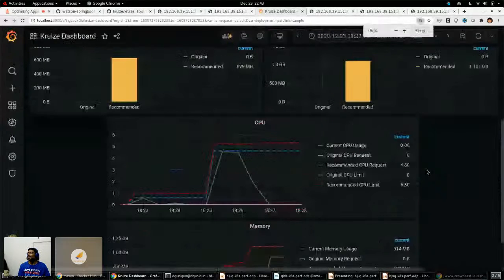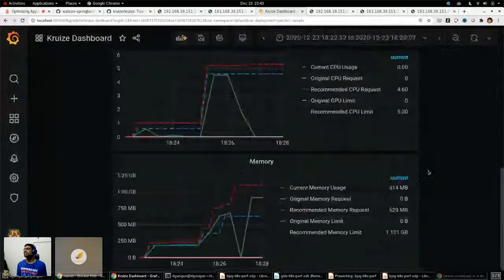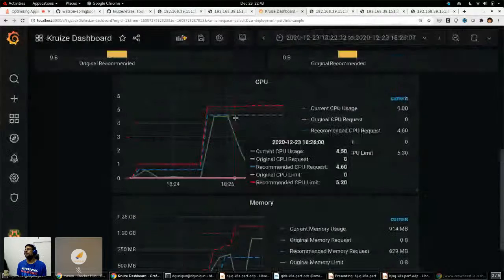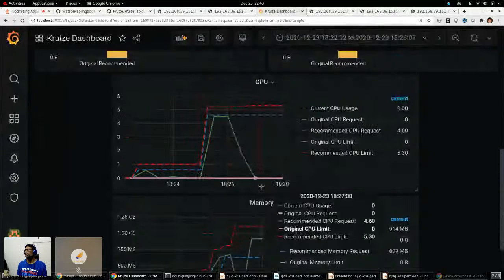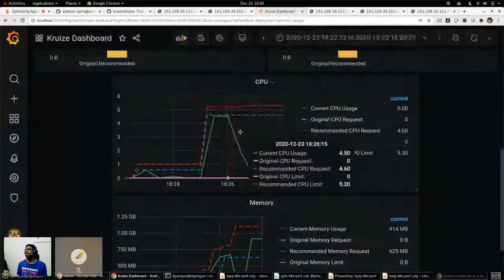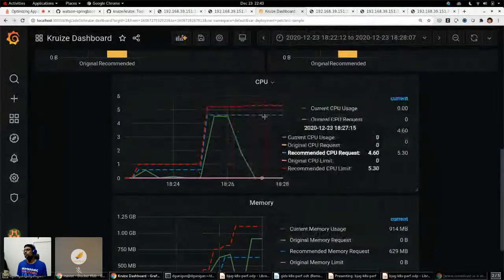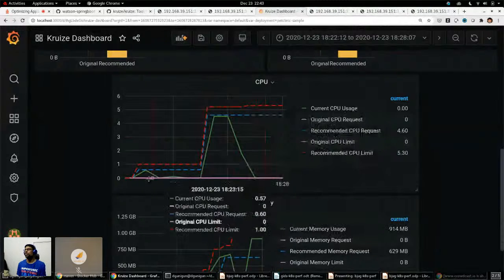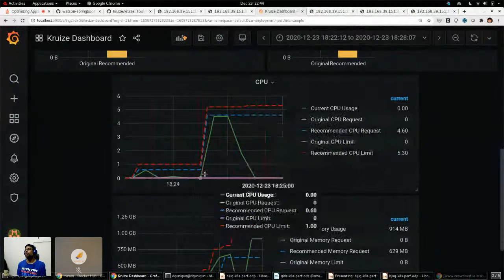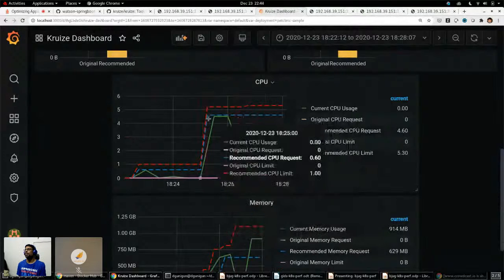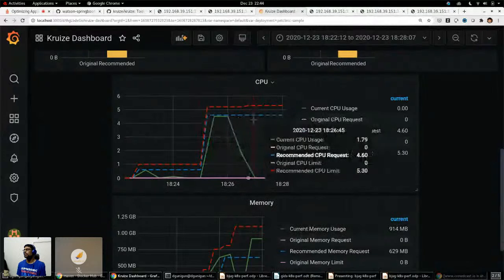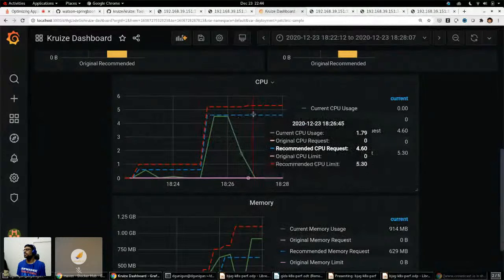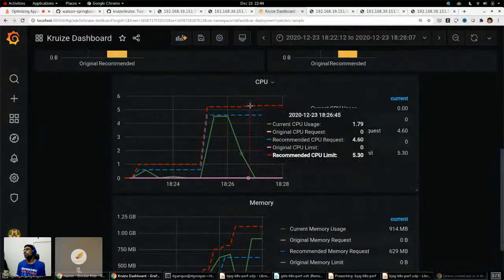Yeah, thank you. So here, this graph represents the actual CPU usage in the green line, and the dashed lines represent the recommendation from Cruise. You saw that as soon as I applied some load, the CPU went up really high, and the recommendations also changed because of that. So here you see that the request is 4.6 CPUs, and the limit is 5.3